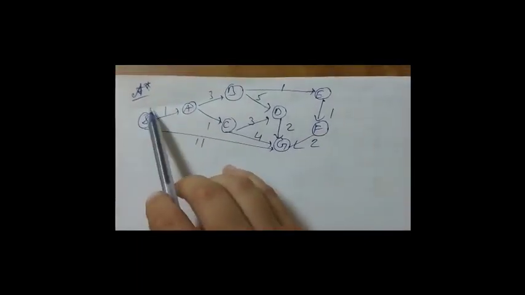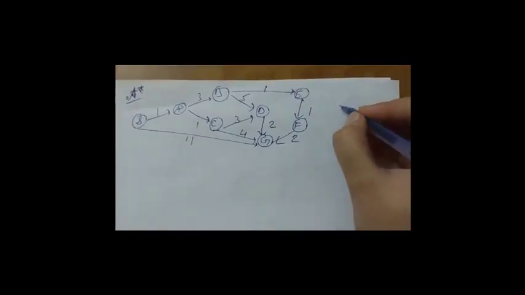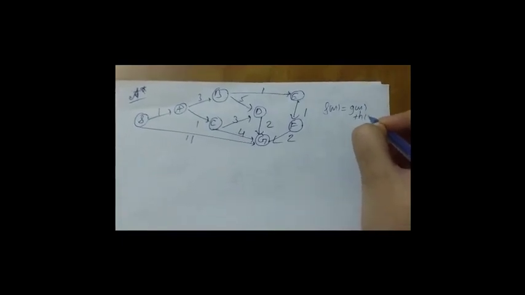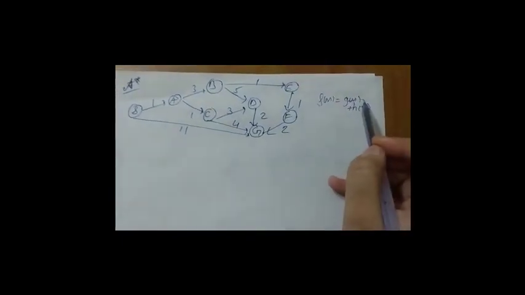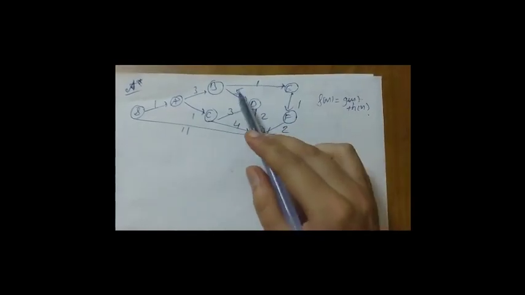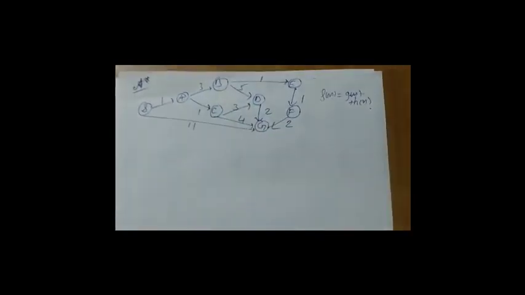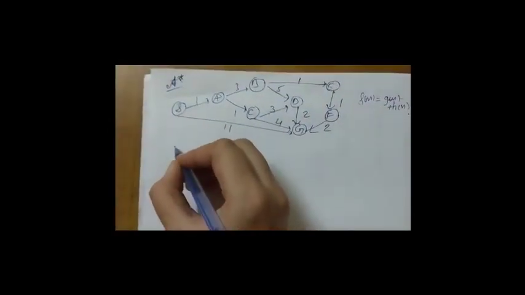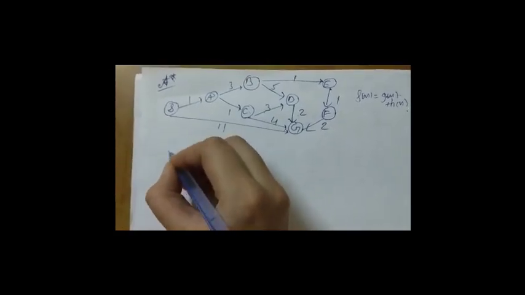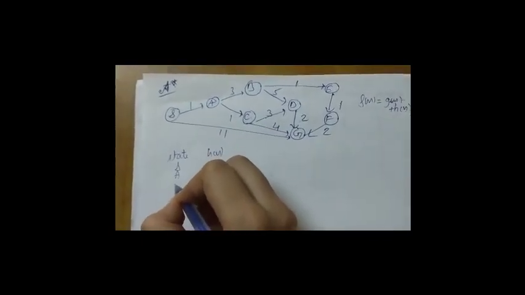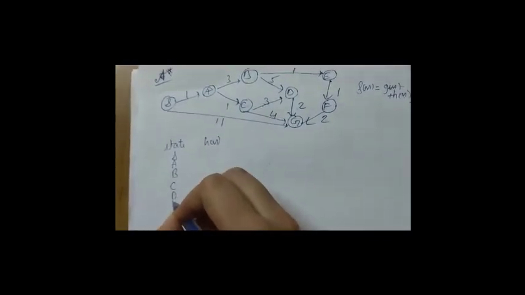Now A star algorithm. So how it will be calculated? So f of n equals g of n plus h of n. So what is g of n? It is the cost of each and every path that leads to goal, and h of n is the heuristic function of each and every node. So here the heuristic function of each and every node will be given to us like this: state and its heuristic function S, A, B, T